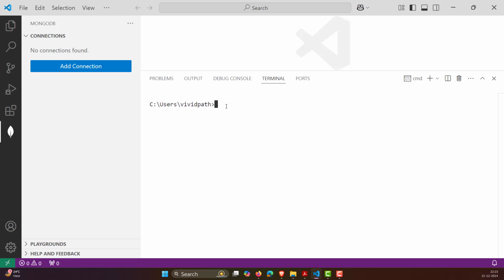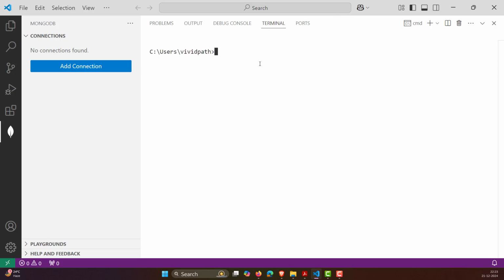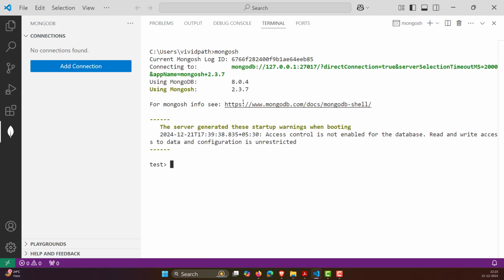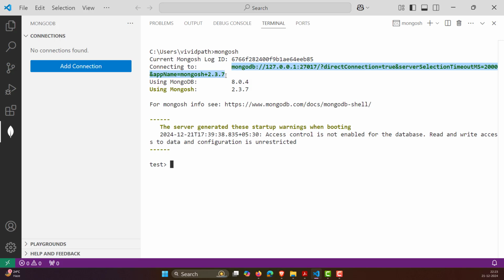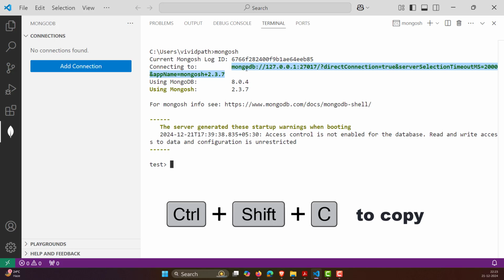For that, the first thing you need to do is enter the MongoDB shell. So let me maximize this and type mongosh. The moment you type mongosh, we are in the Mongo shell. And here you can see that there is a URI that is connecting to something like this. What you need to do is select this one and copy it. In order to copy it, we need to use the shortcut key Ctrl+Shift+C, and this will copy the URI in